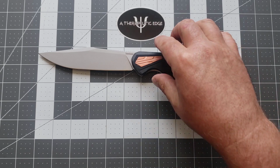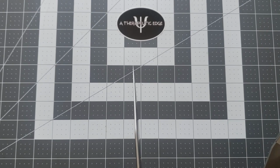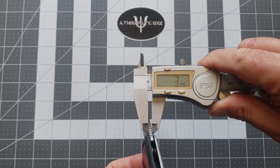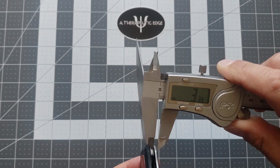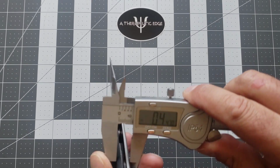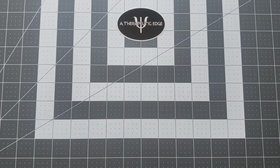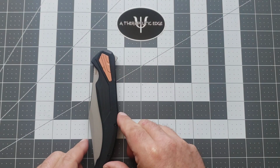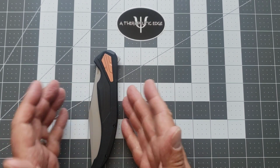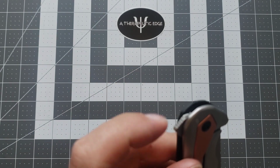I mentioned that it has reasonably thin blade stock, and I'm not against that. If you're trying to make a slicer, starting with thin blade stock is not a terrible choice. We're at 3.28 millimeters, which is reasonably thin. The handle itself is only 11 millimeters, which is under a half inch. It actually has a really nice closed profile. For a knife this size, we're at a little over 1.5 inches at its widest point. It's got jimping on the flipper tab here,